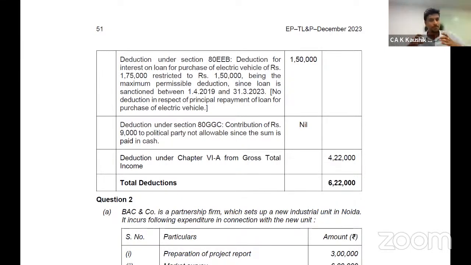So when you split up, you get clarity in terms of how simple you can make the solution. Now, if you see the third part, there are 3 different aspects to it. One is the housing loan, the vehicle loan and the political contribution. Under housing loan, you have 2 components: one is 24B and 80EEA. So when you split like this, when your thought process gets channelized towards a specific provision, it becomes very easy and simple to complete the logical conclusion of the question. Okay, with this, we move to the second question.